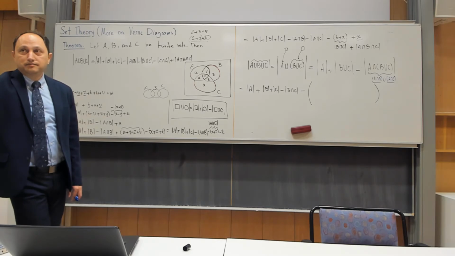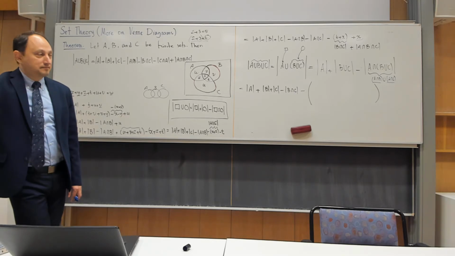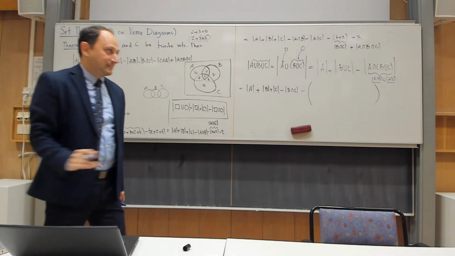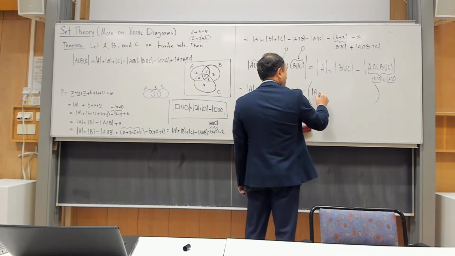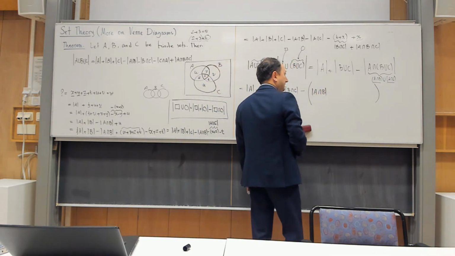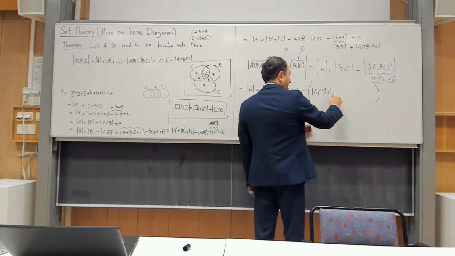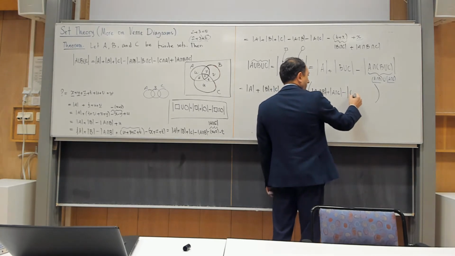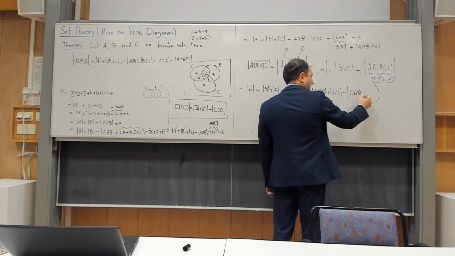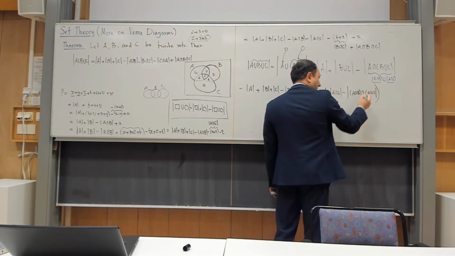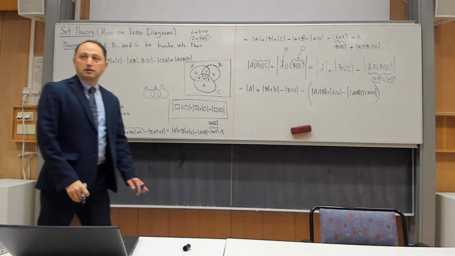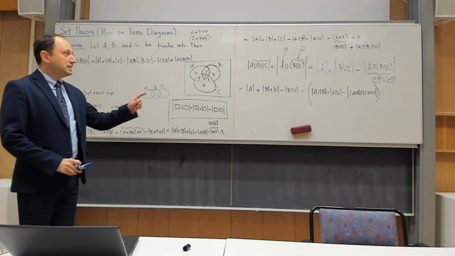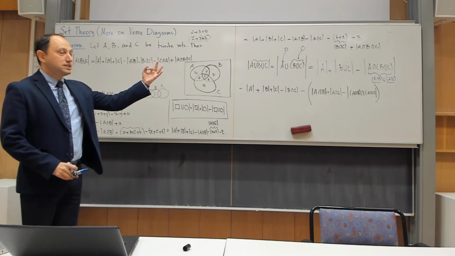What should I do? Do you understand what's going on? Or no? Yes, A intersection B, A intersection C, intersection. Yes? Is that understandable? So you see that I am answering this question for the case of 3 sets only